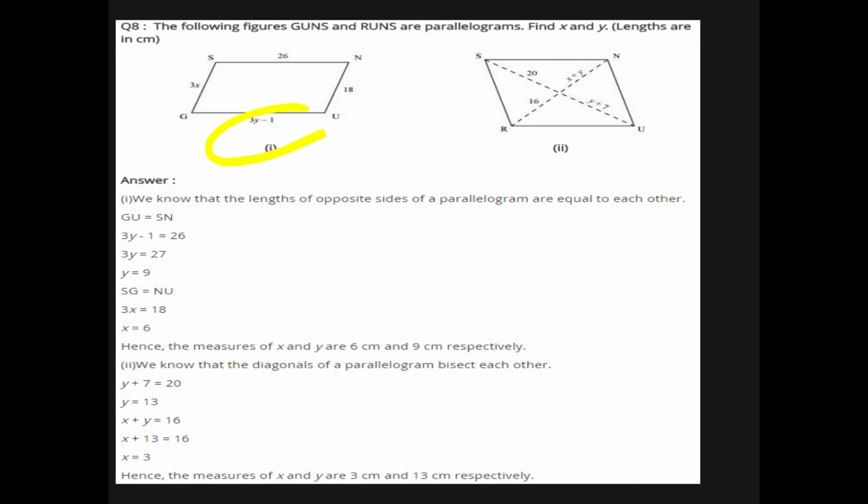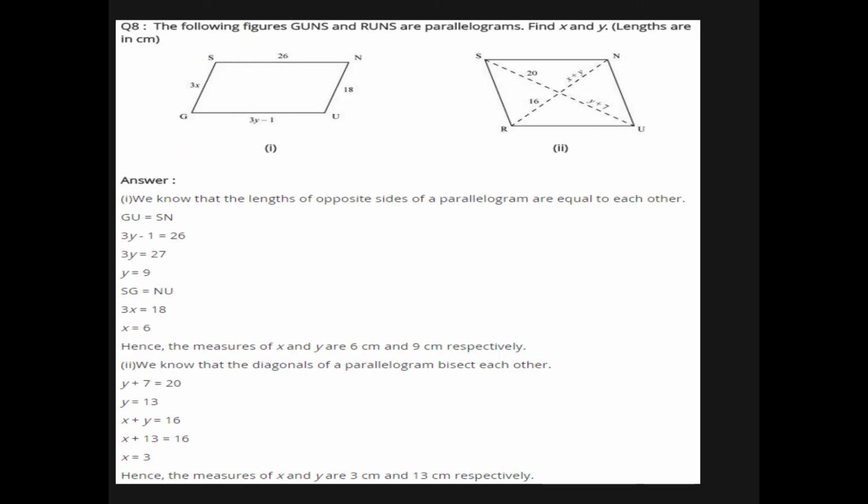So what is the value of GU? That is 3y minus 1. And what is the value of SN? That is 26. So 3y minus 1 is equal to 26. This minus 1 will go to this side, so it will become plus 1. So 26 plus 1, 27. Now 3 will go in, divide. So 27 divided by 3 is equal to 9. So what is the value of y? The value of y is 9. Okay. Now this side